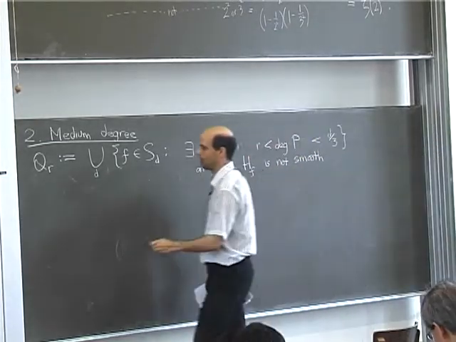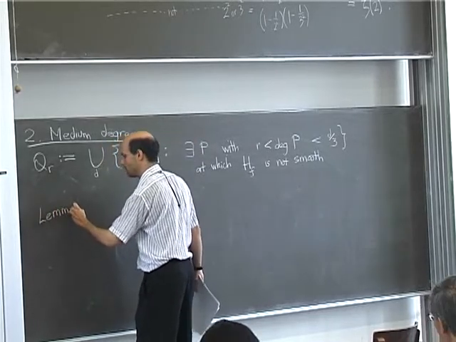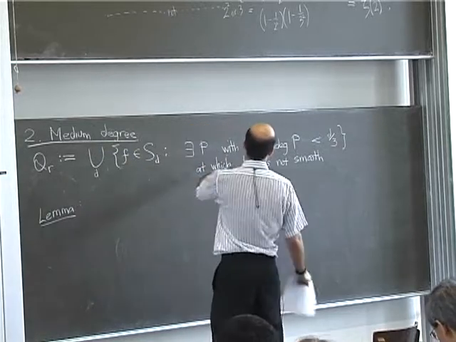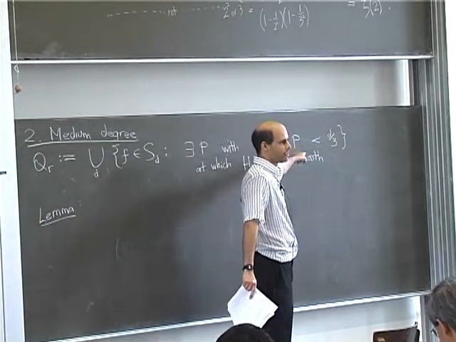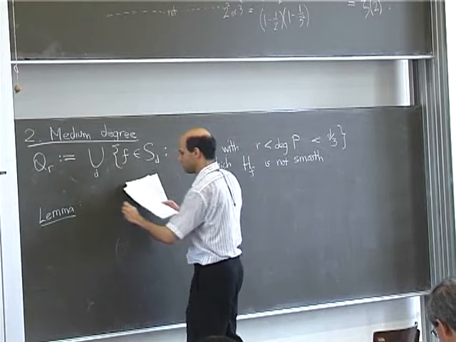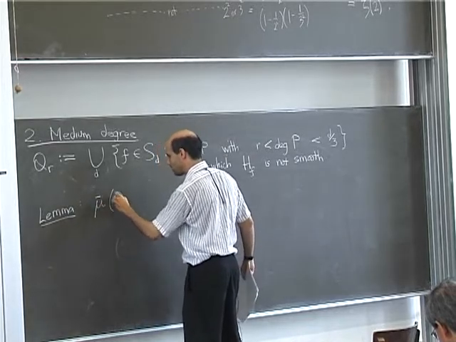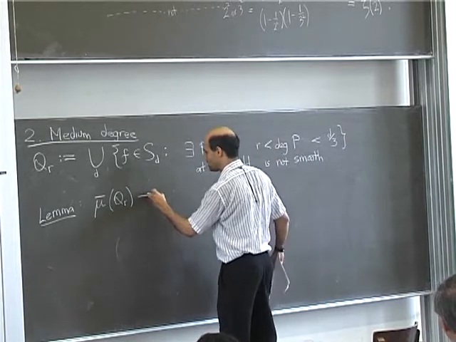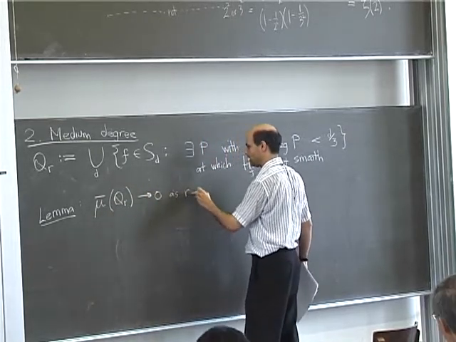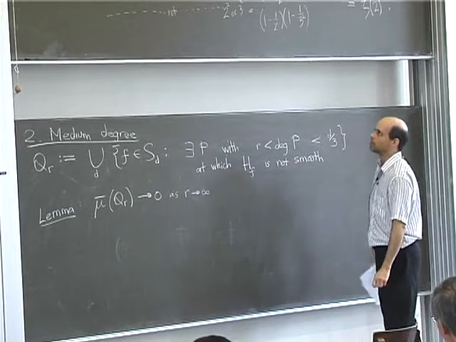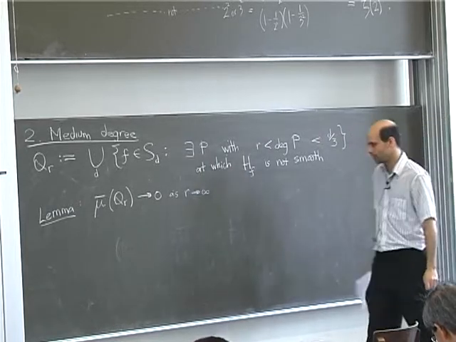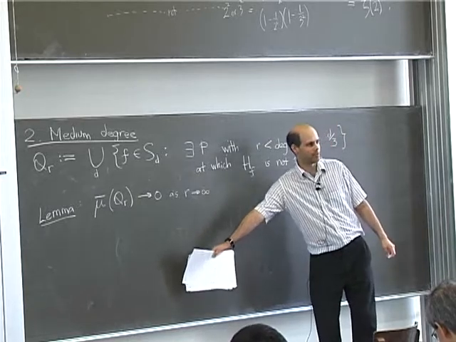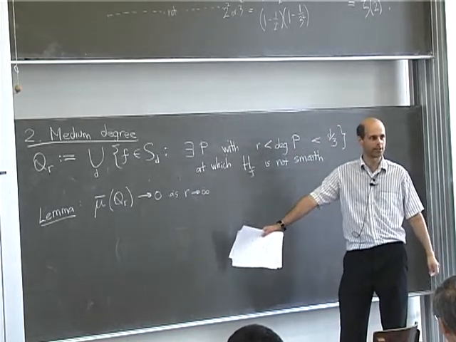Okay, so now I want to show, so this is supposed to be part of the error. This is the error coming from singularities of medium degree. So I want to show that this has small density, at least, well, I don't know that the density exists, but at least the upper density tends to 0 as r tends to infinity. This is the analog of the lemma I erased down here, where the upper density of q sub r was less than or equal to 1 over r in the square-free integer case.